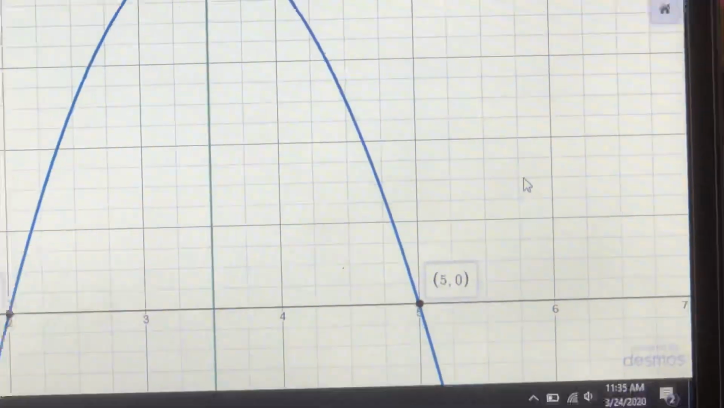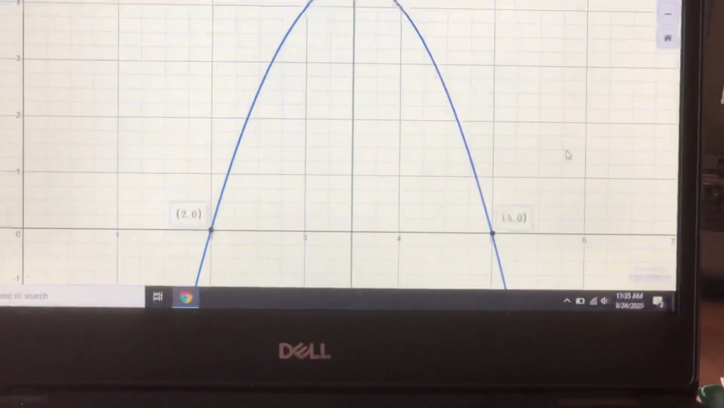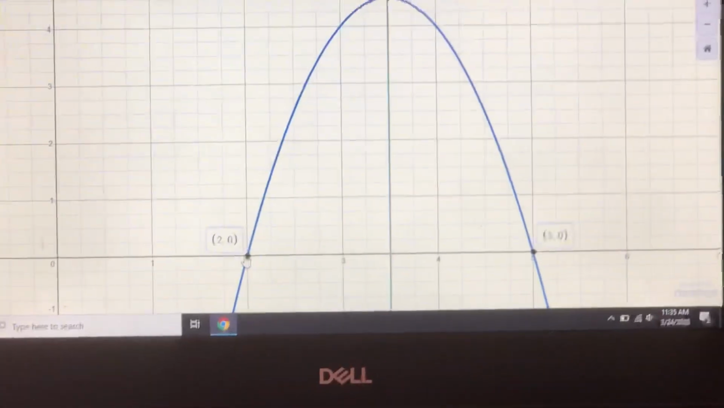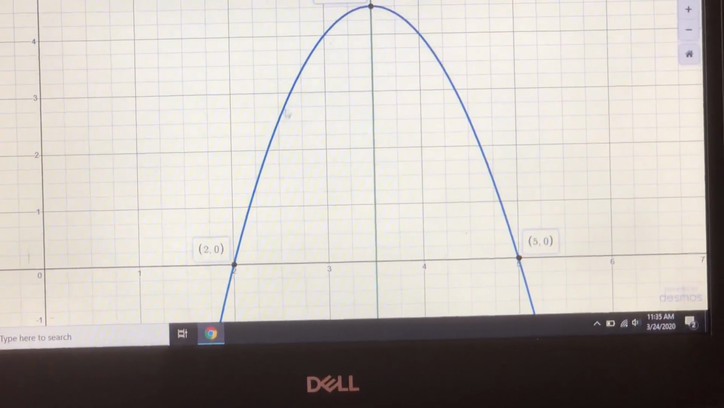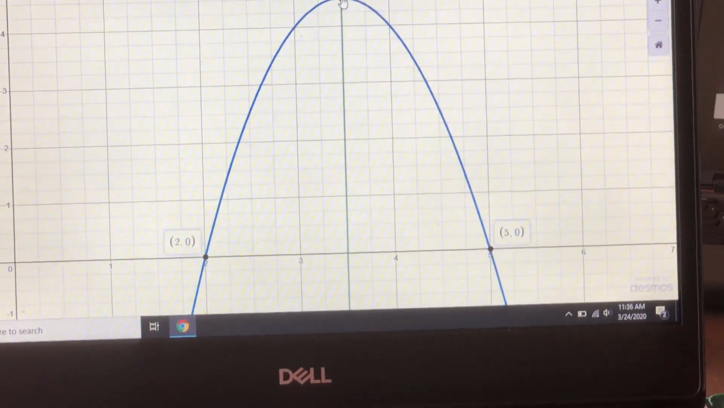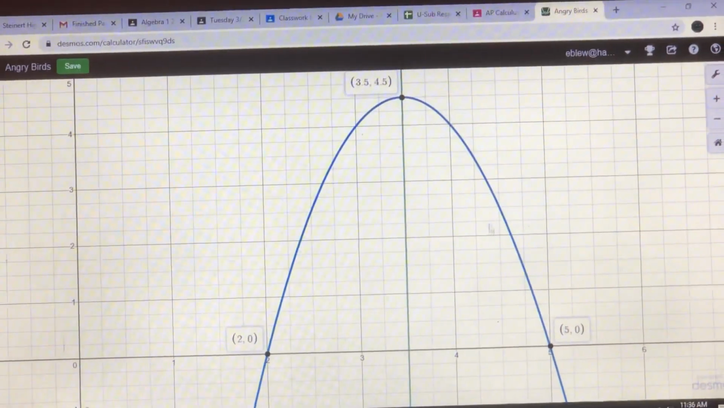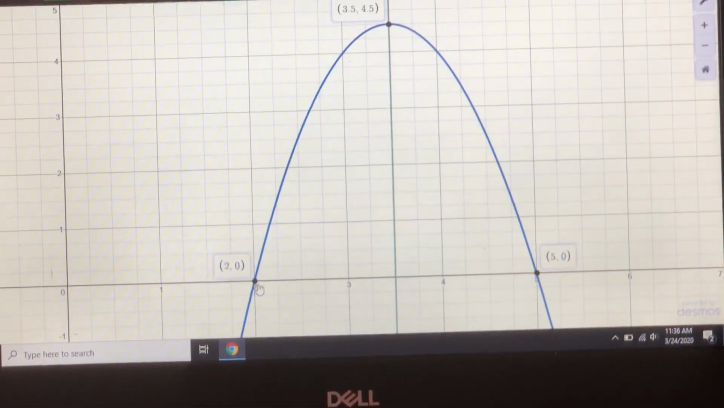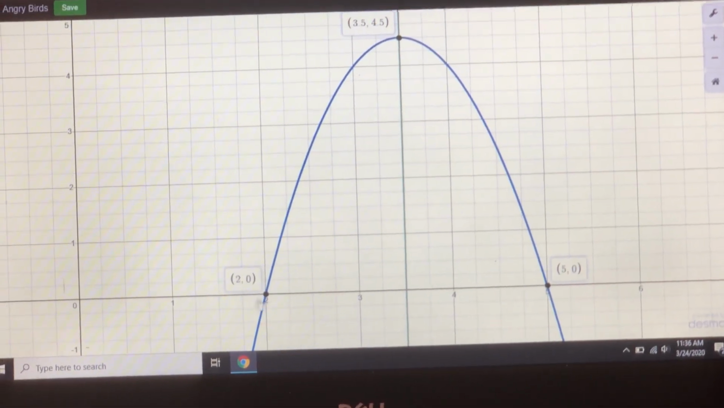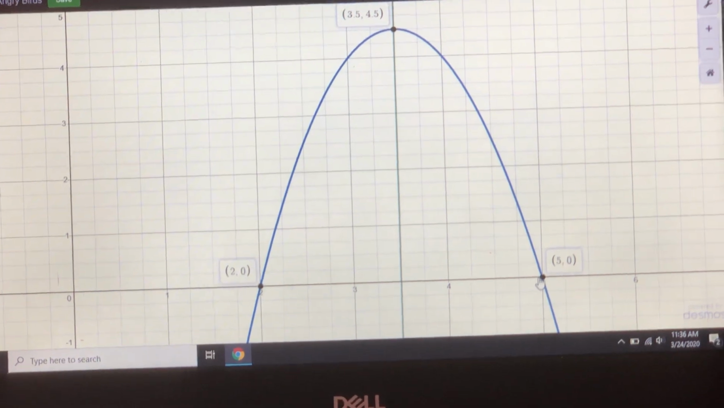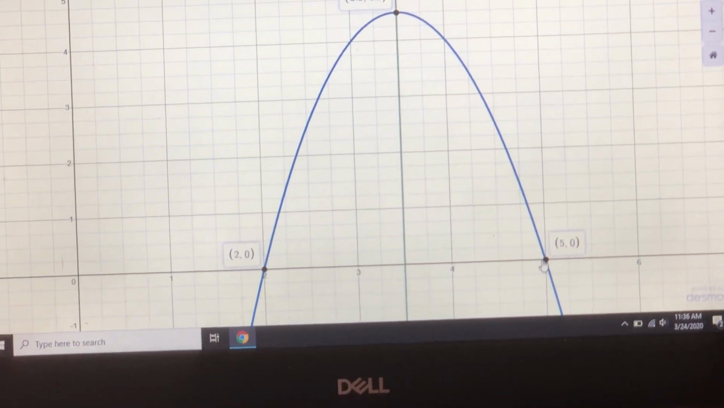So I'm going to take those two x coordinates, 5 and 2, and I'm going to subtract them to get 3. So over the course of its flight, launching from the ground, heading to its maximum height of 4.5 and then heading back down to the ground, the horizontal distance that the bird has traveled is 3 units. So just so you can see what that work would look like,